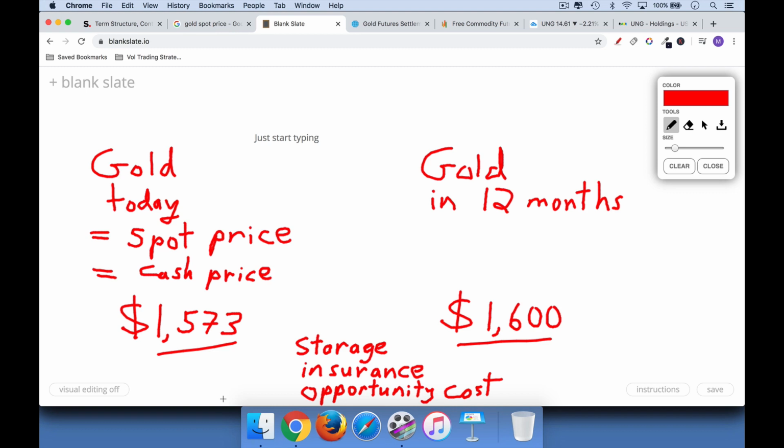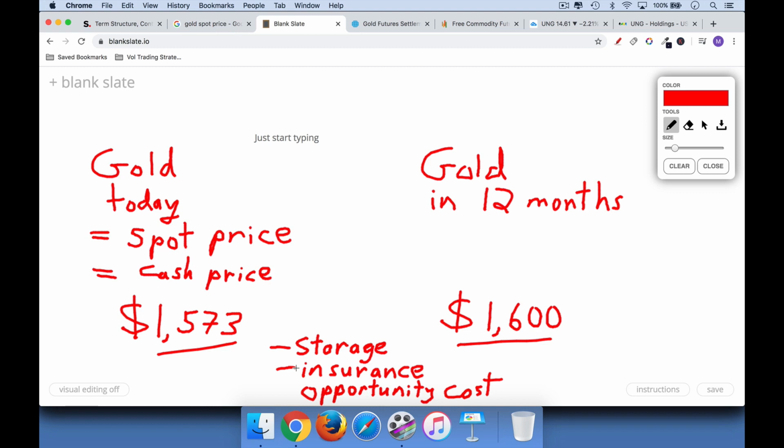So if you're a gold seller or supplier, you would need to store that gold over the next 12 months. And there's a cost of storage. You've got to put it in a secure vault. It's got to be guarded, etc. There's also, especially if you're talking about a lot of gold that's very valuable, if a bank has gold, for example, there are insurance costs. You'll want to insure it against the risk of theft or the risk of maybe a tornado hitting the vault and just moving the gold somewhere so the gold goes missing.